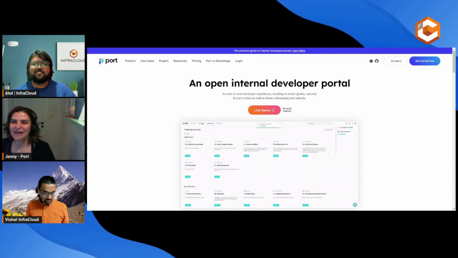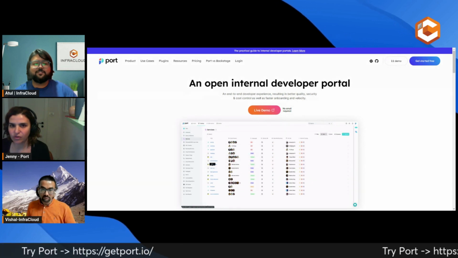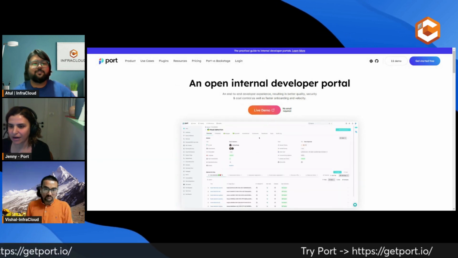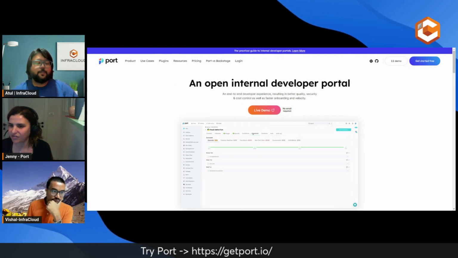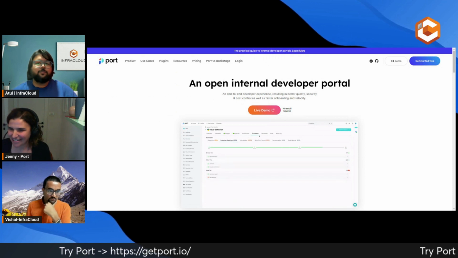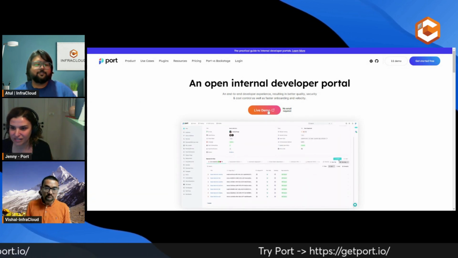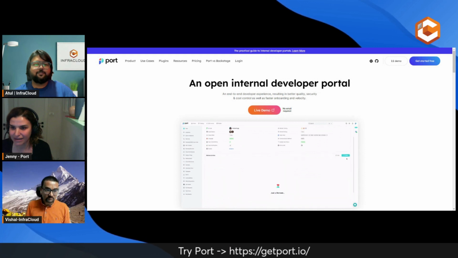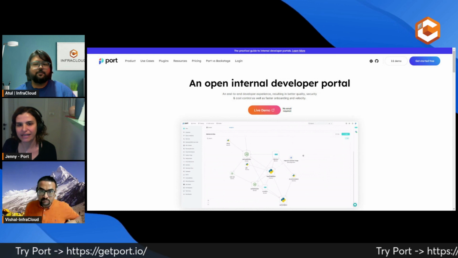Yeah, okay, good. So first of all, we have a live demo available on our website. So if you go to getport.io and you click here on live demo, you can access it. You don't need to put your email. If after this, if I was interesting enough and you want to explore a little bit more about Port or developer portal, you can just access it by clicking here. You don't need to input anything, no email, nothing. So this is really generally available for everyone.